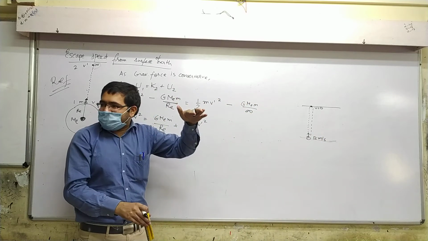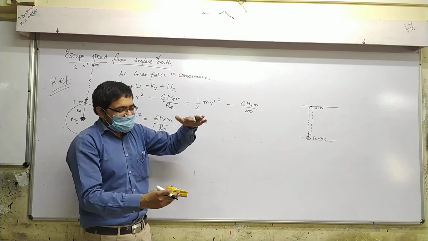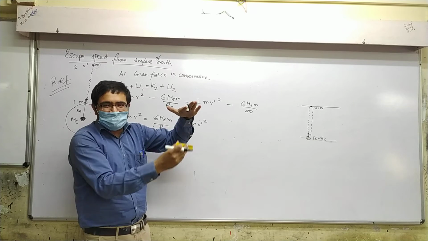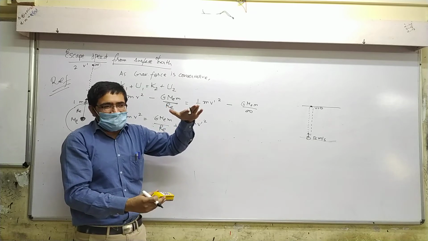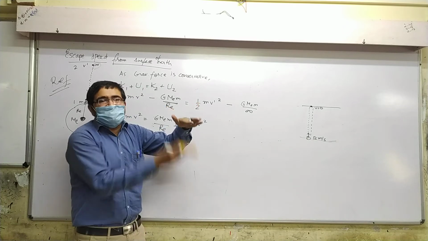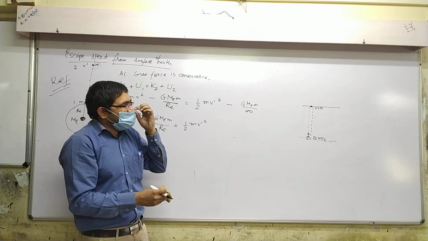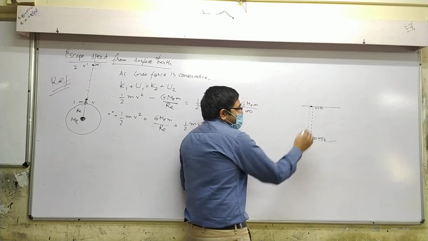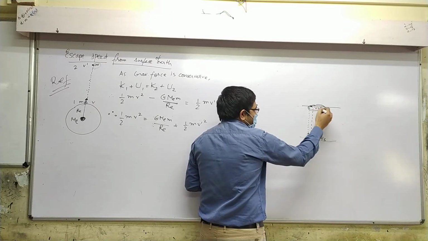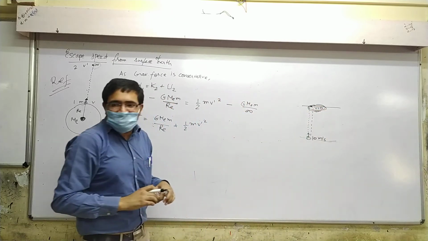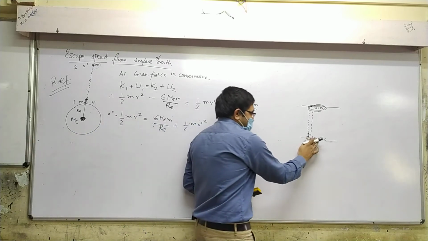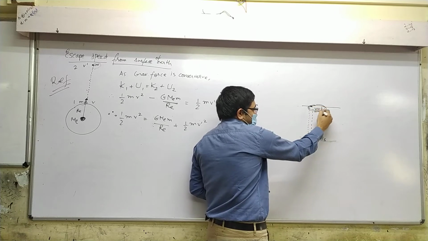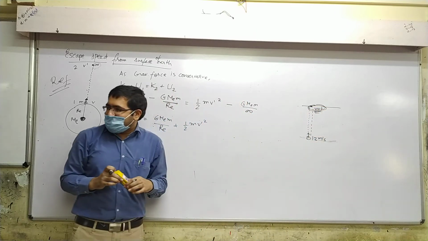Do this and come. You see the difference? With the minimum speed, it will go slowly and stop at the highest point, yes or no? Yes. And if the speed is more, it will hit and go. So the difference is that when you throw something with this minimum required speed, the highest point is the final point and the speed is 0. Yes or no? Yes. But if you throw it even faster, then the speed will not be 0. Did you understand that concept?